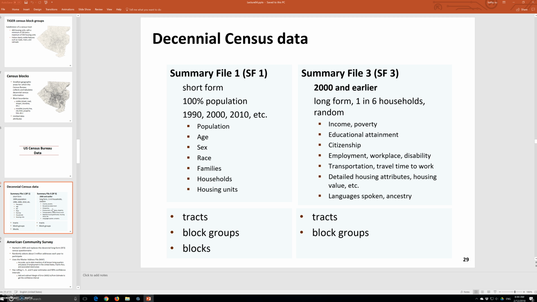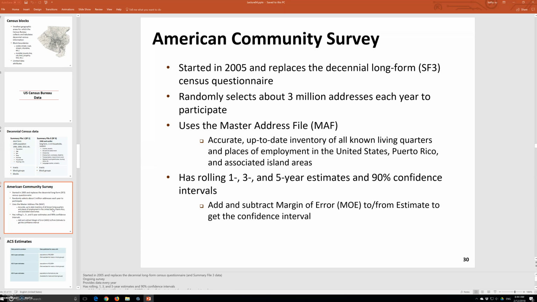And the summary file for 2000 and earlier, the long form, one in six households, random: income, poverty, educational attainment, citizenship, employment, workplace, disability, transportation, travel time to work, detailed housing attributes, housing value, etc. Language spoken, ancestry, tracts, blocks, groups. So they are a little more detailed. And then we have the American Community Survey, started in 2005, which replaces the decennial long form